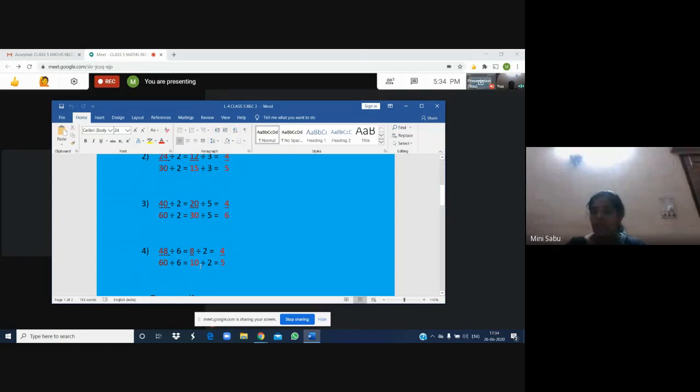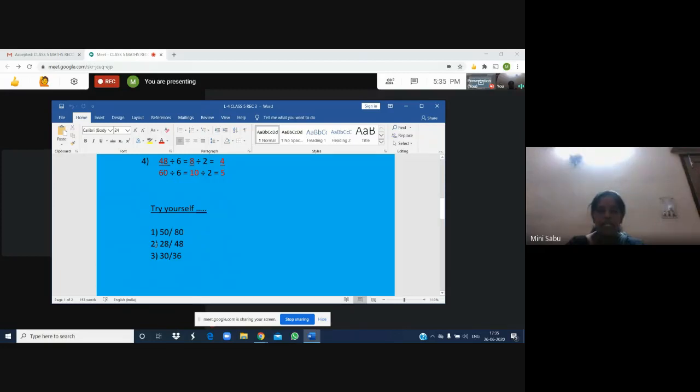So what is the new equivalent fraction? 8 upon 10. 8 and 10, you know, both can be divided by 2. Half of 8 is 4, half of 10 is 5. So you got one more equivalent fraction. After that, can you make one more? No, because there is no number other than 1 which comes in both tables. Okay, so that's all. Now try yourself. I have given 3 questions for you to try and see whether you are able to do it or not. You can note it down in your notebook.